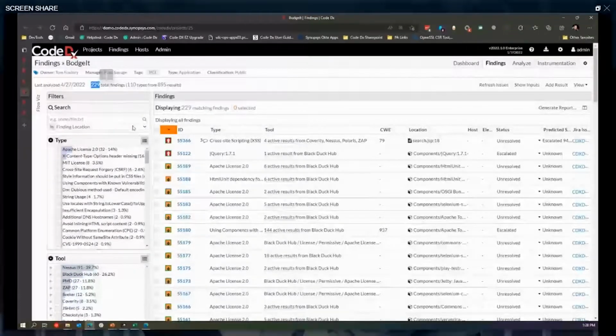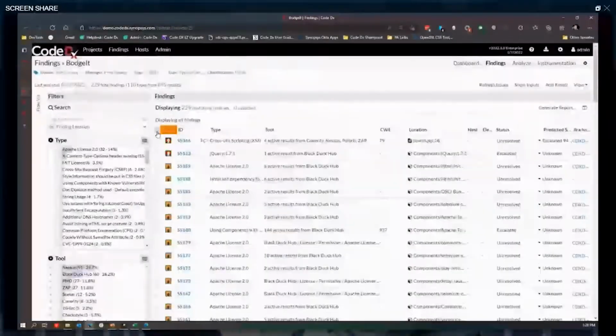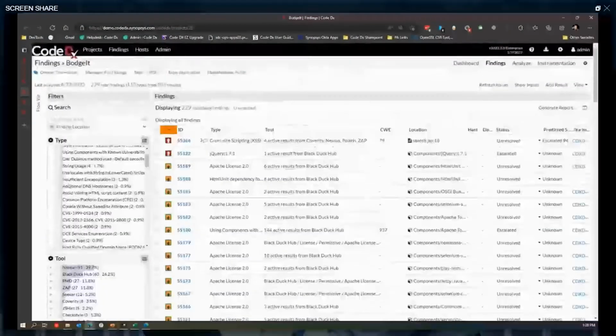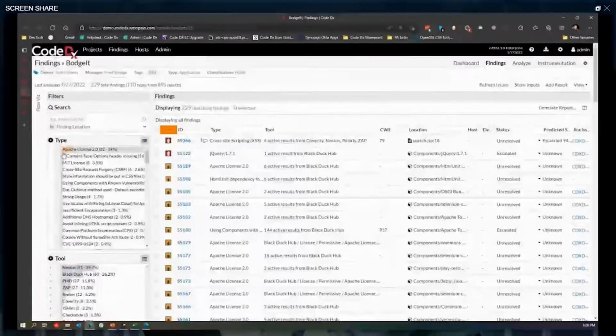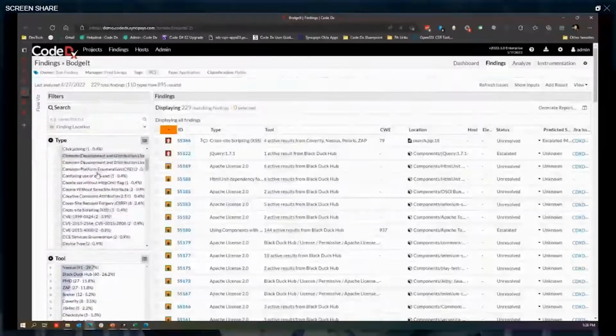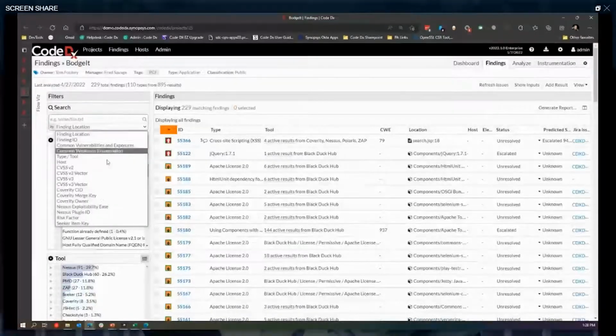So we can quickly see, hey, we want to reduce as much data noise as possible and just give you what the actual total number of findings is for your environment or application. In this case, we see that it's a lot of Apache license. I can sort this by the type. So if I'm looking for a specific type, I can do that. I can do any search on that finding as well, whether it's a CVSS scoring or a metadata tag that's